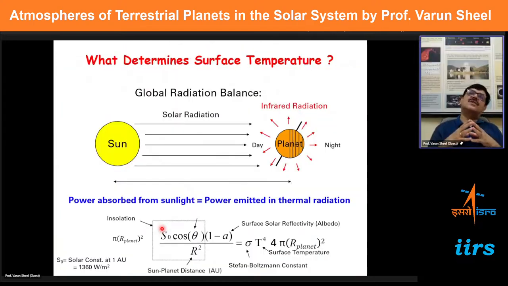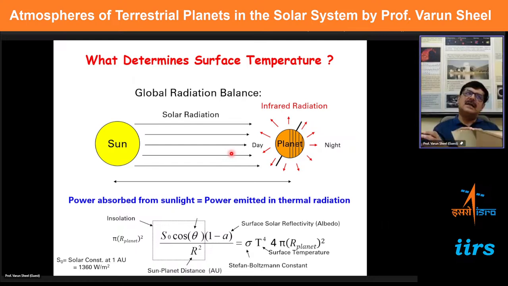The next question which comes when we are studying the atmosphere, apart from the composition, is what I said initially, the radiative processes. So as I said, the sun is the major source of radiation, which is giving energy to the atmosphere of any planet. And this solar radiation, as all of you know, comes in various wavelengths, and the electromagnetic spectrum is there. Many of the students who are from physics would know this.